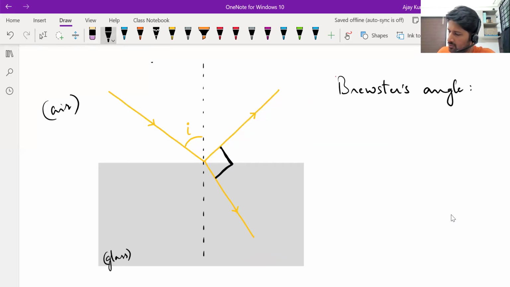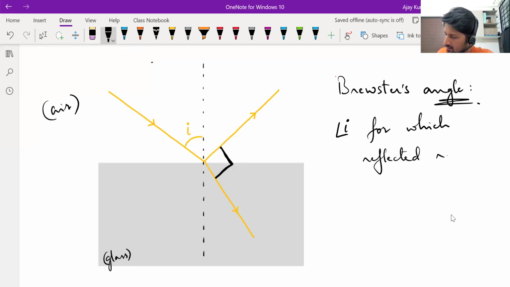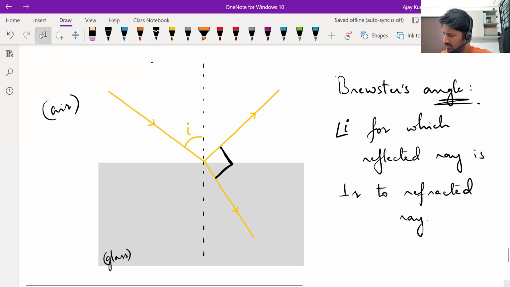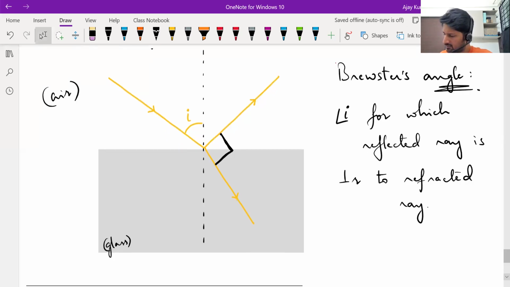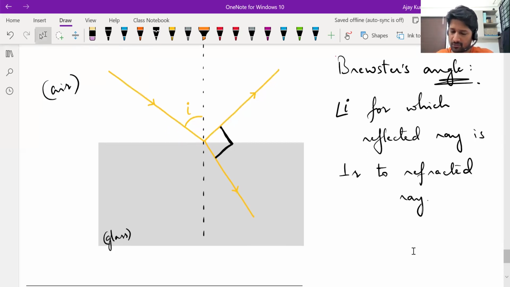So basically, what is Brewster's angle? The angle of incidence for which the reflected ray is perpendicular to the refracted ray. Okay. We can apply some knowledge of ray optics and derive an expression for this Brewster's